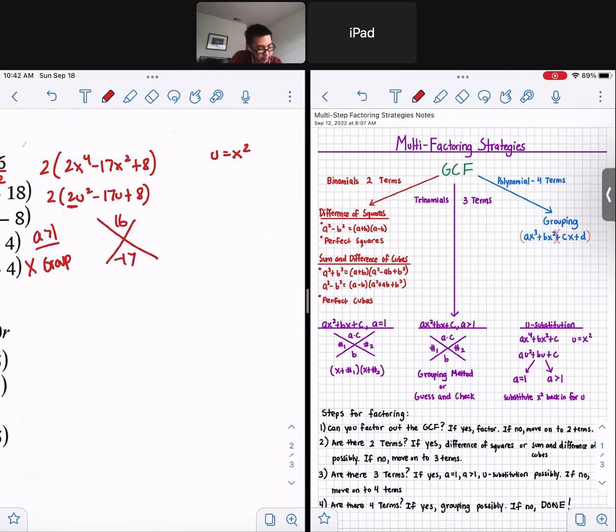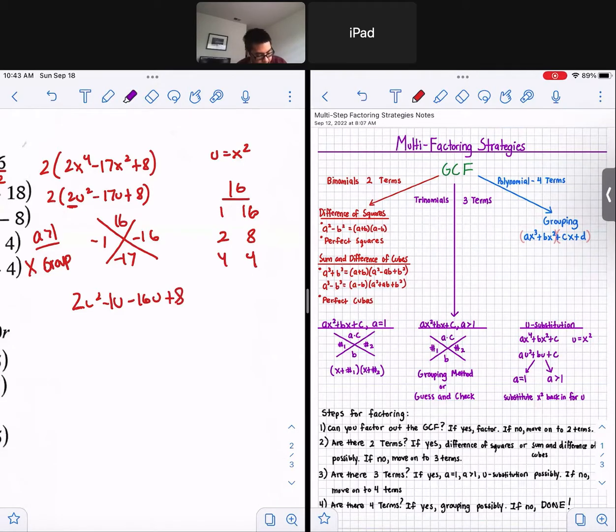16, negative 17, so let's think of factors of 16 that, when we add them together, give us negative 17. So it clearly has got to be 1 and 16, and because it's negative 17 on the bottom, a negative times a negative still gives us a positive 16, but when we add it, it gives you negative 17. So we got to group this, yeah? First term, the two middle terms,